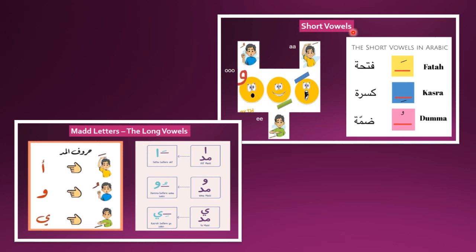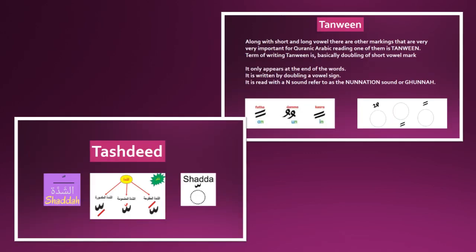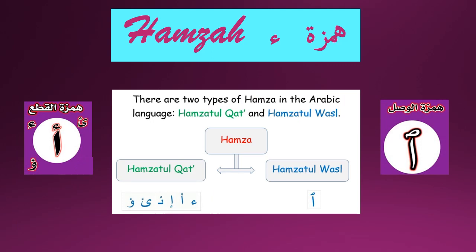We have learned short vowels and mud letters, the long vowels. Then we have learned tanween and tashdid. Today we will learn about the Hamzah. This is an important topic and needs attention. If you are studying Arabic, whether you are a native speaker or a non-Arabic speaker,